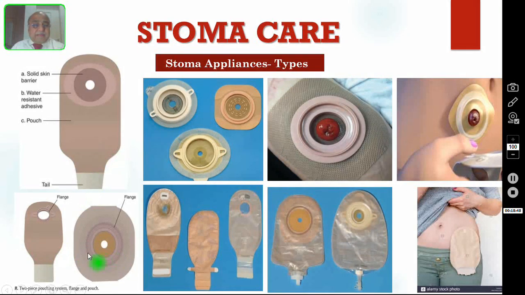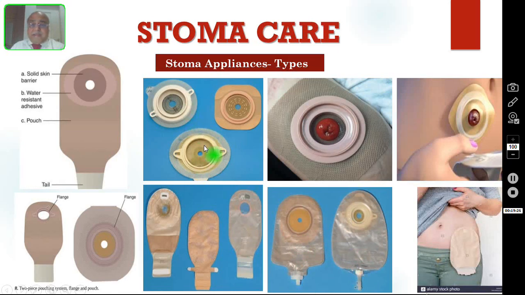So this is the two bag system. This is the flange. This will stick to the patient's body. This bag you can change either daily or even 2 or 3 times a day. But this flange will be sticking to the patient's body even for 4 or 5 days. This flange can be a circular type, rectangular type, or even oval type. So these bags are drainable type. Okay, this is for colostomy, and these two bags are for urostomies.